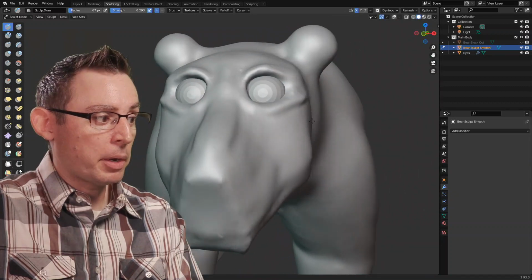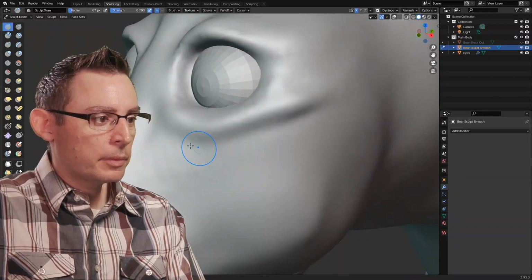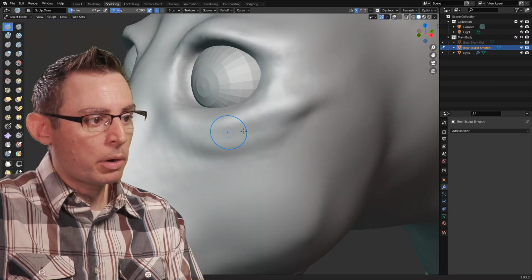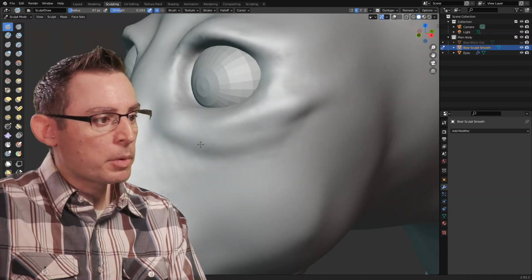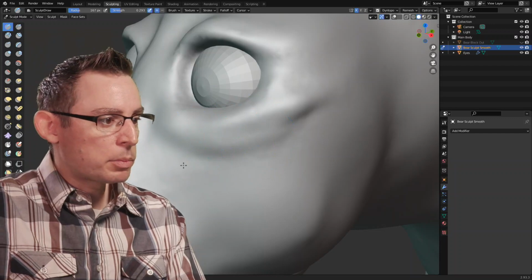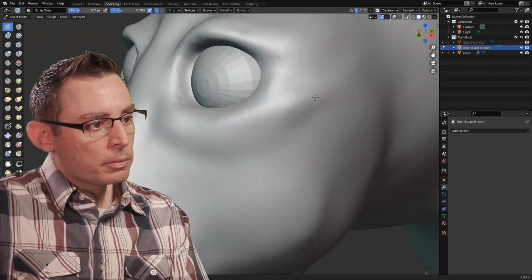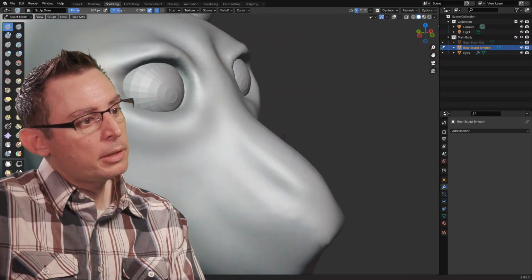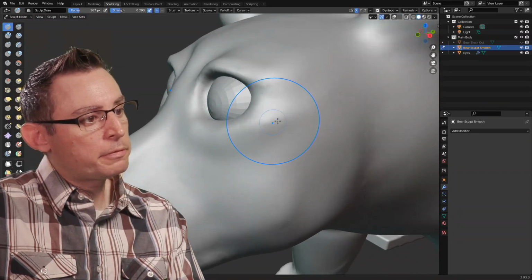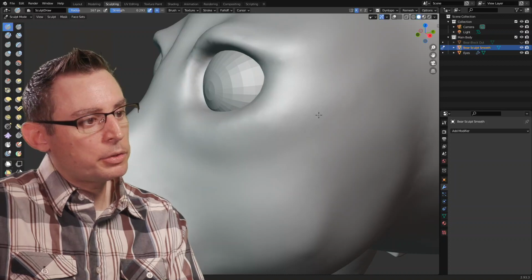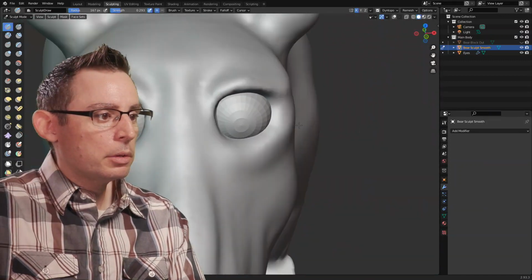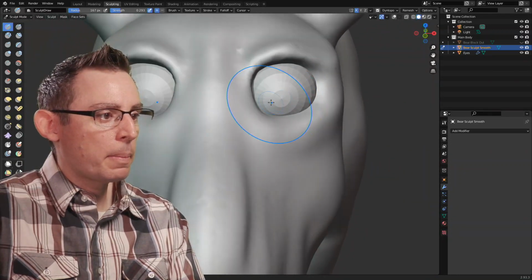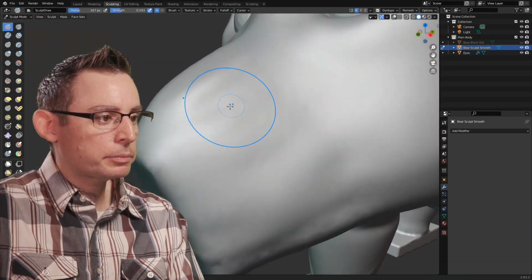that looks nothing like a bear. But then I can go back in and I can add some volume underneath it to make that a little bit larger. And then I'm going to smooth it, make my brush bigger, and I'm going to smooth downwards. Yeah, that's cool. I'm digging it. Because now it looks like we have a really defined orbit. A little too angular here. Yeah, I may have gone a little bit too far in the corners here, but that's okay. I'm going to leave it for the time being.